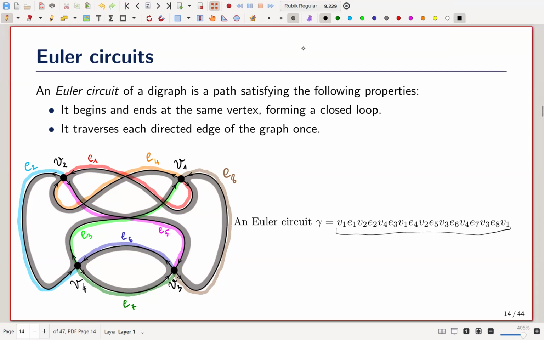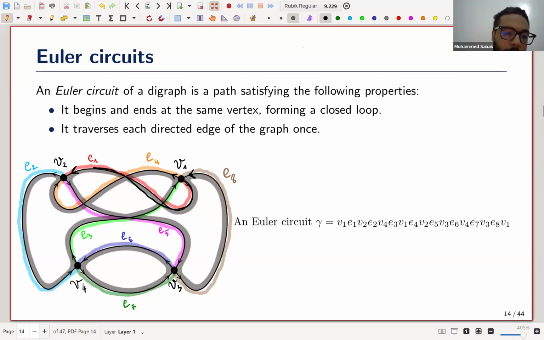So do you rotate at each vertex? Is it a rotating circuit, or does it go straight? No, it follows the direction of each edge. So here, if you look at E1, it will go E1, then E2. Yeah, so you rotate, right? Yes, exactly. So at each vertex, I call it a rotating circuit. So there can be some difference in notation.